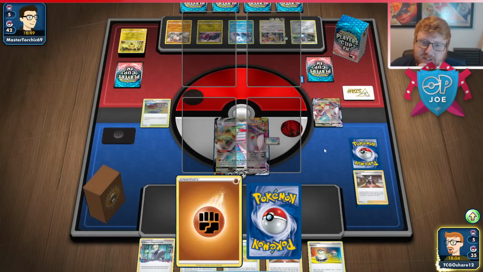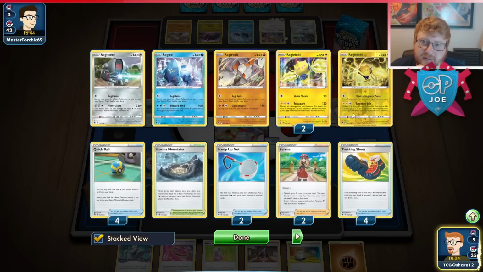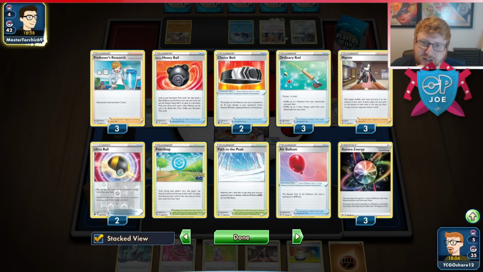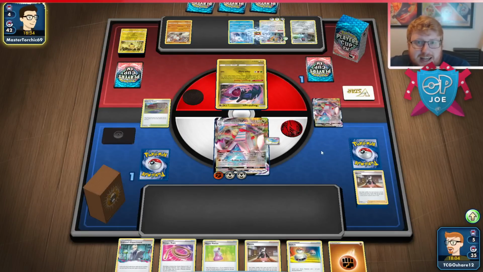And it's down to them to go recycle a Lucario here, find their path that they've just recovered and their last belt. But their deck is thin. They only have 4 cards remaining in deck, so